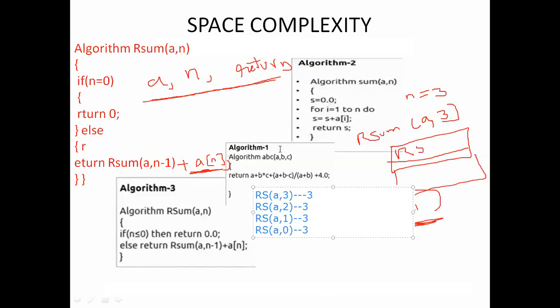So 3 fixed part variables, and we are calling n plus 1 times, we are recursing the algorithm. That's why we call it n plus 1 into 3. So the space complexity for this algorithm is n plus 1 into 3. Okay, clear? So first just remember what is the fixed part and what is the variable part. Then you have to calculate the space complexity for that algorithm.